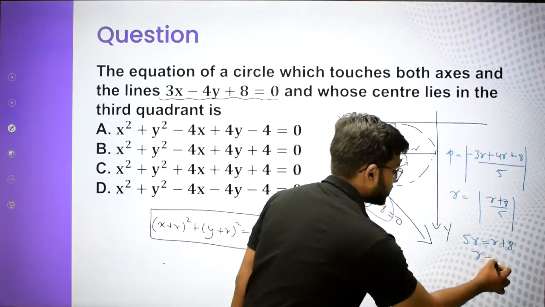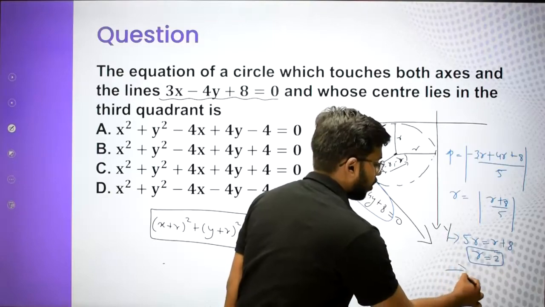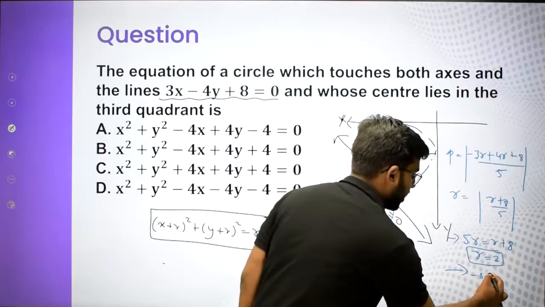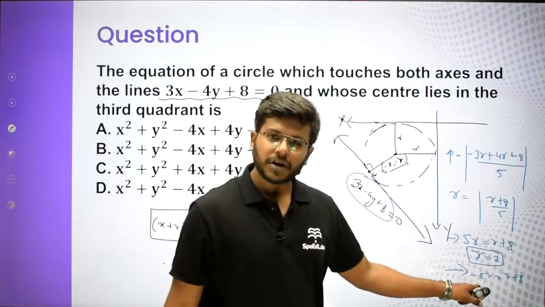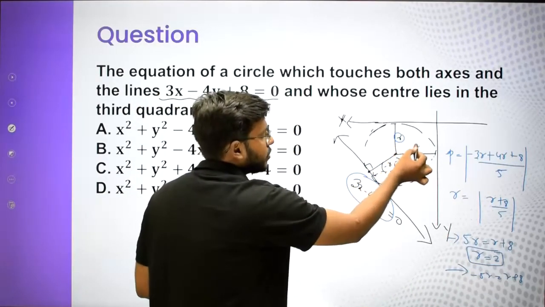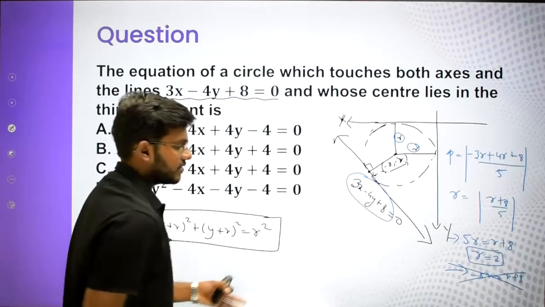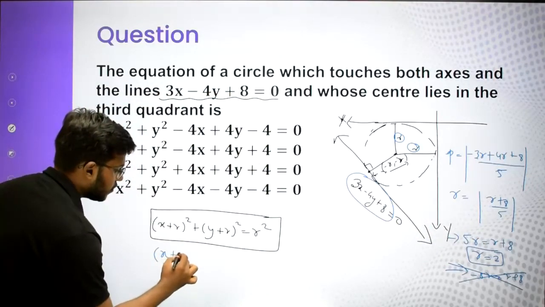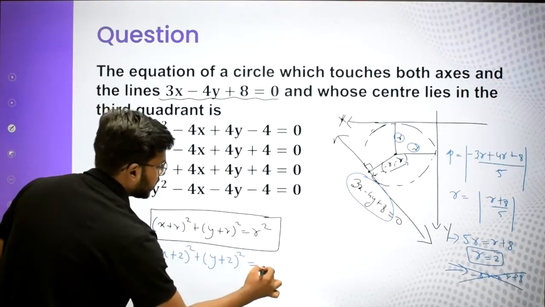So for this case 4r equal to 8, or you can say r is coming 2. This is the first case. Or we can open with a negative sign, so it will become minus 5r is equal to r plus 8. You can clearly see from here r is coming negative, but we had already taken the minus sign here because I have assumed r as a distance. So obviously this will not give you the correct answer. So r is coming 2, and if r is 2, guys, what will be your equation of circle? x plus 2 whole square plus y plus 2 whole square equal to 4.